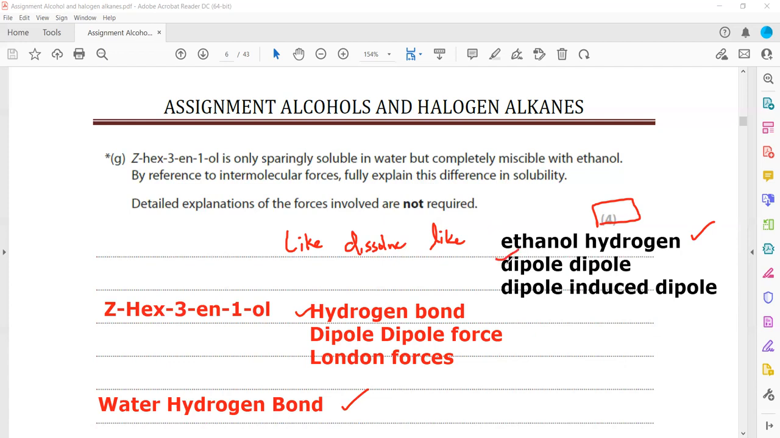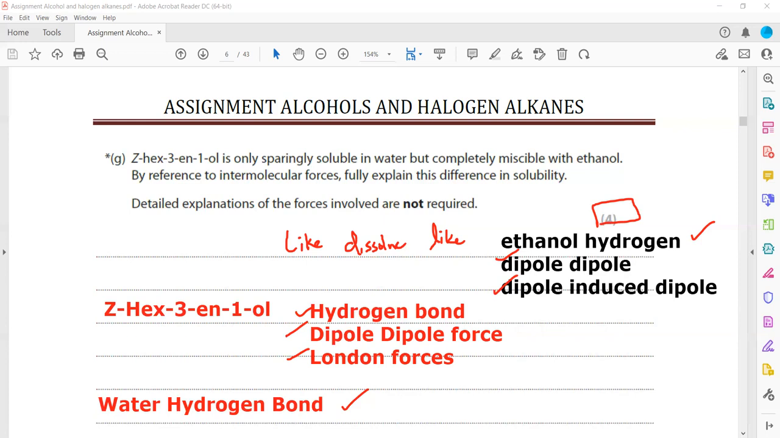But when a dipole force is there in ethanol, it is there in hexene. Even in case of water, but because the hydrogen bond is much stronger, it is not able to interact by dipole-dipole. And dipole-induced dipole forces, due to the carbon chain, London forces or dipole-induced dipole forces are also there. So you should mention the presence of two types of intermolecular forces such as van der Waals force and the